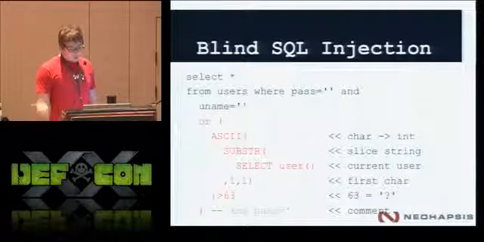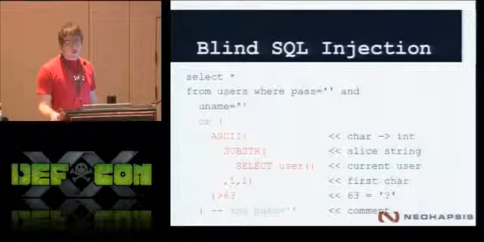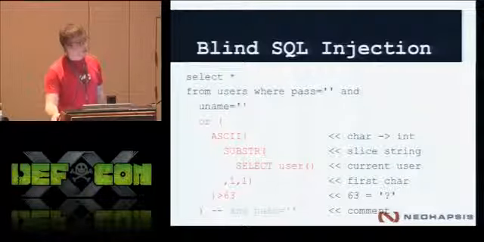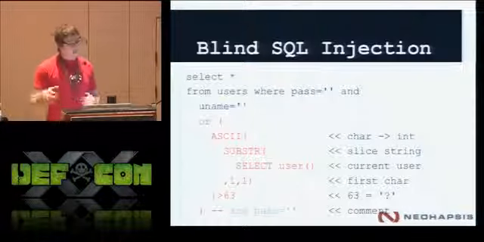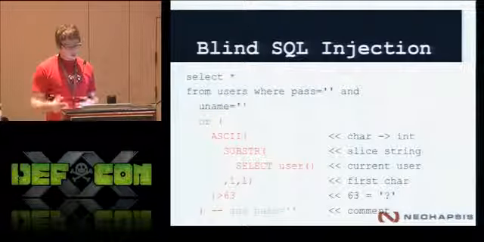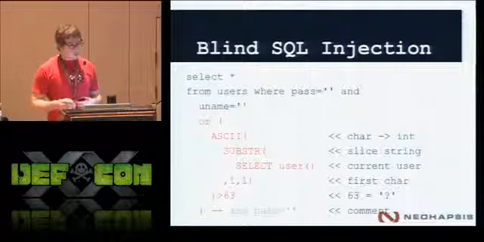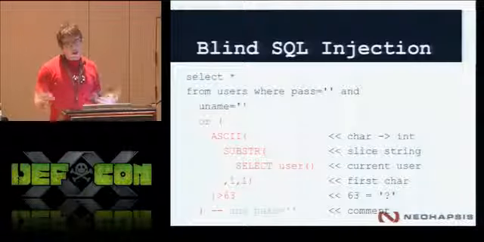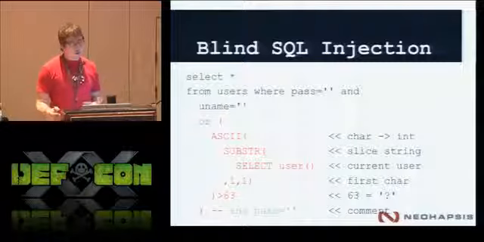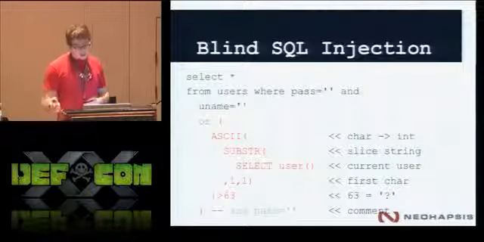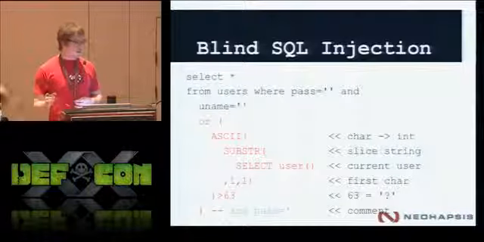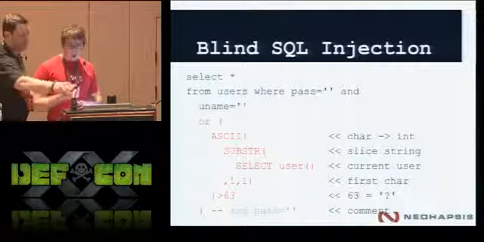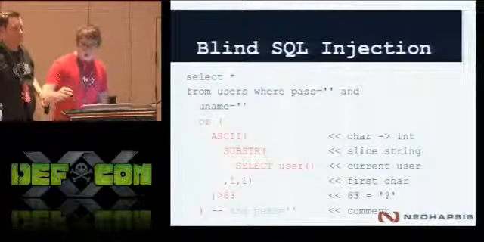If that happens to be true, we're going to have some different interaction with maybe the response of the web server. So let's say we're doing a Boolean-based blind SQL injection, and based on the status code of the server, we might get a 404 if we do something that evaluates to true, or we get a 200 if we do something that evaluates to false. That's the thing with blind SQL injection. We're keeping track of different objects of the HTTP request, things like the amount of time it takes for,